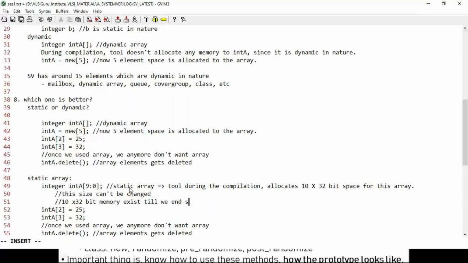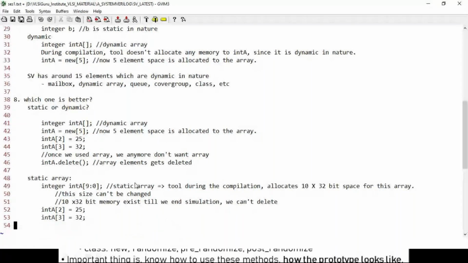What is the problem? Even if you don't want it, you can't delete it. Let's say if you don't want the memory, we can't delete it. So tell me, which one gives you better memory efficiency? Dynamic. Tell me everyone, which gives more memory efficiency? Dynamic array gives more memory efficiency because, unlike static, where my memory is fixed,